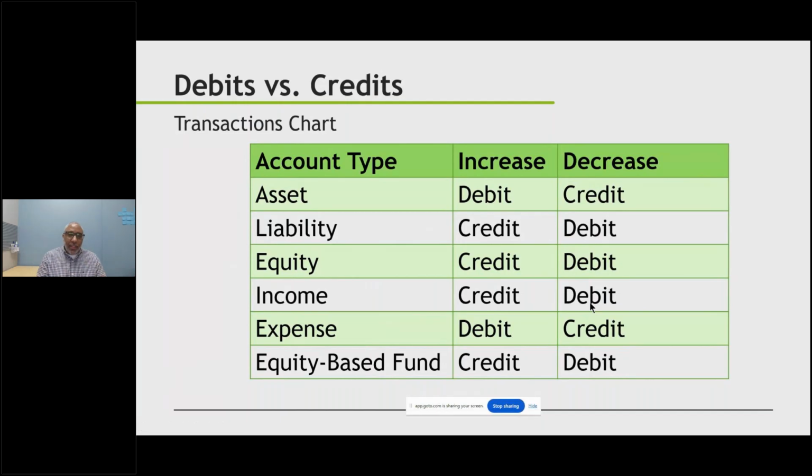So whenever we're creating those reports and inserting that information, we always want to consider the audience and whether or not debits and credits make sense for that audience. If they see that, they may not understand that, hey, that credit really is decreasing and it's not increasing. So I just wanted to include the debits and credits chart because I'm going to be showing some debits and credits columns when we go to create these reports in just a moment.